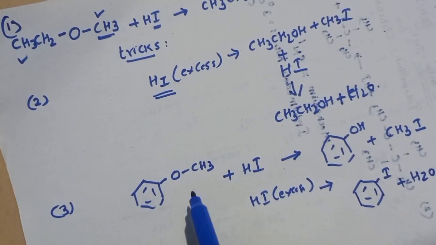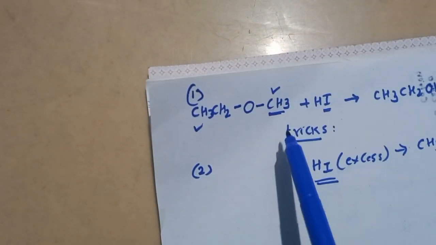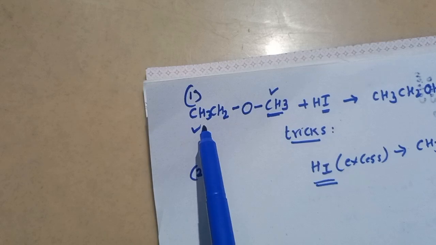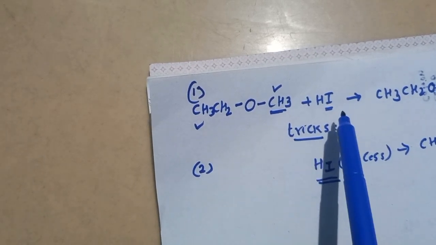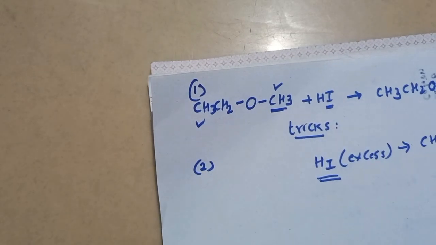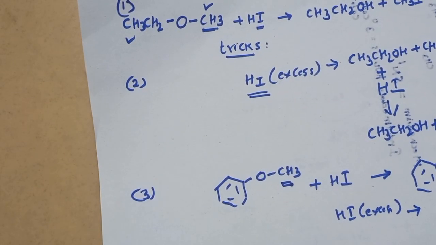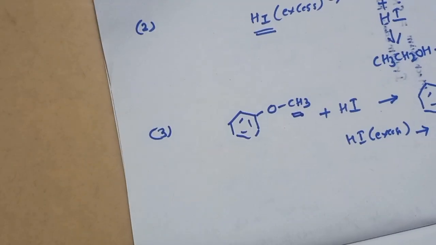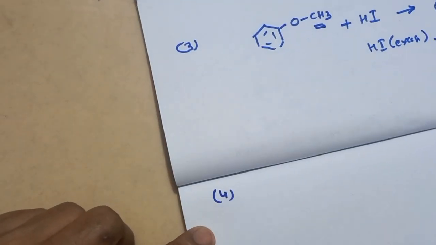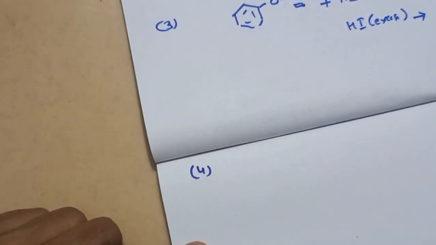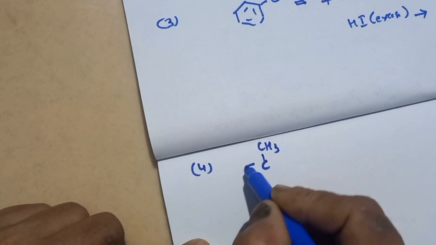See students, here this is the primary carbocation in this one, and here is also a primary carbocation. In these two cases iodine prefers to go to that carbon which is less substituted. But instead of these cases, if it is given that the alkyl group is a secondary or tertiary carbocation, suppose the alkyl group given is the tertiary carbocation, like this,